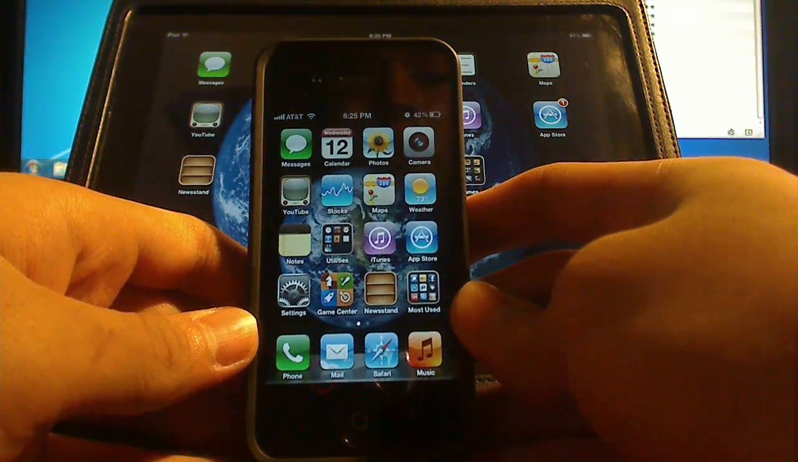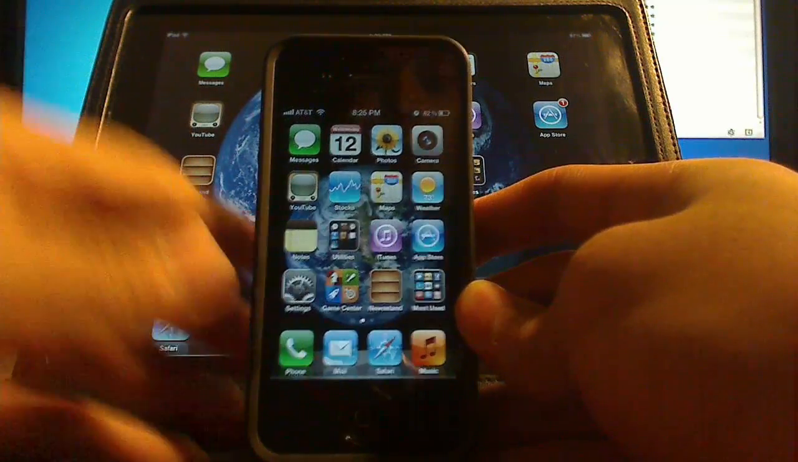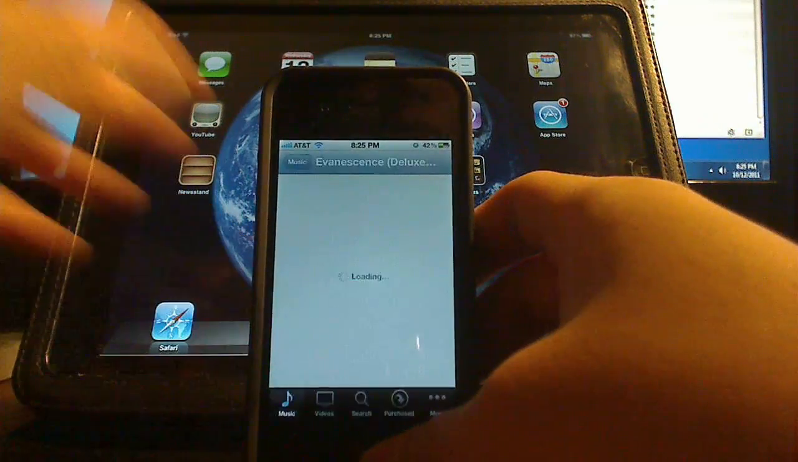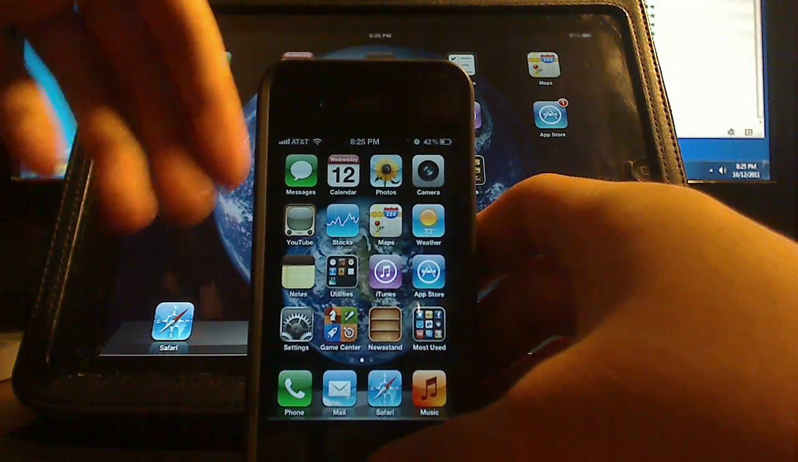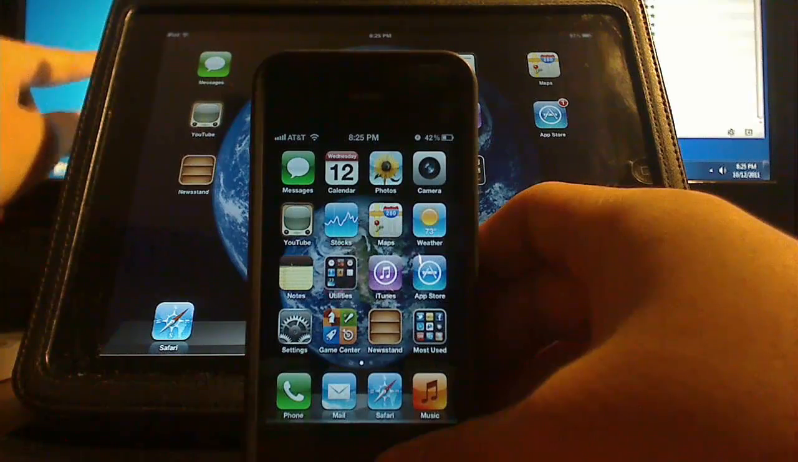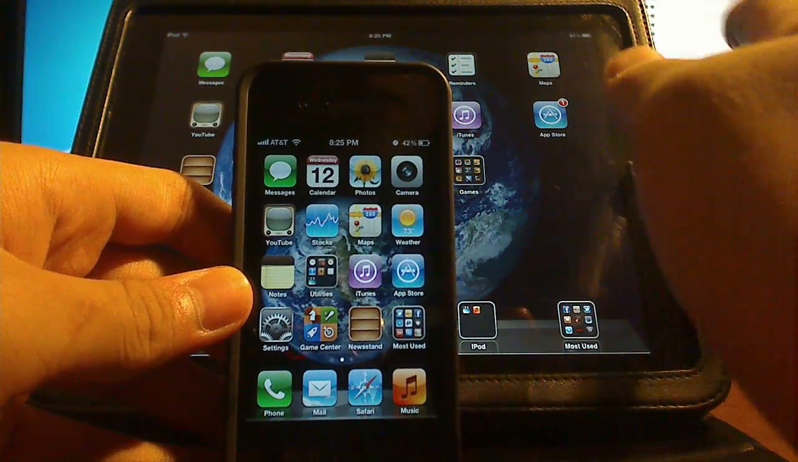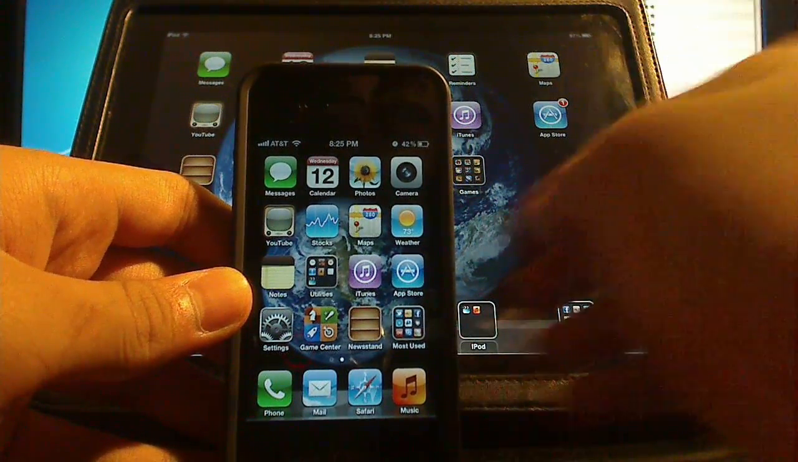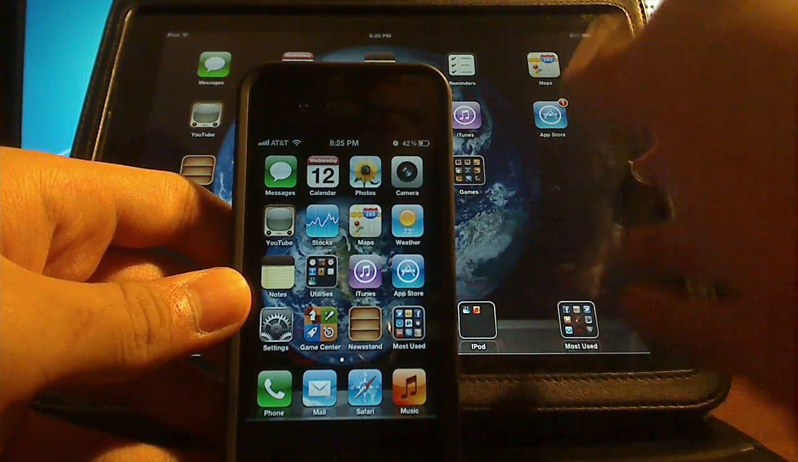So, for example, if you download a song from the iTunes store on your iPhone, it will push that song to your iPad. It will push that song to your iTunes on your PC, like the PC that's behind my iPad. And it will just push it to all of your devices that are linked with your iTunes account. Same with apps. If you download an app on your iPhone,